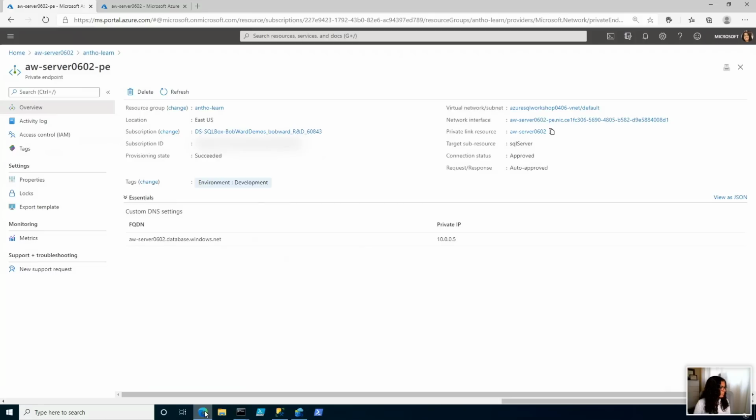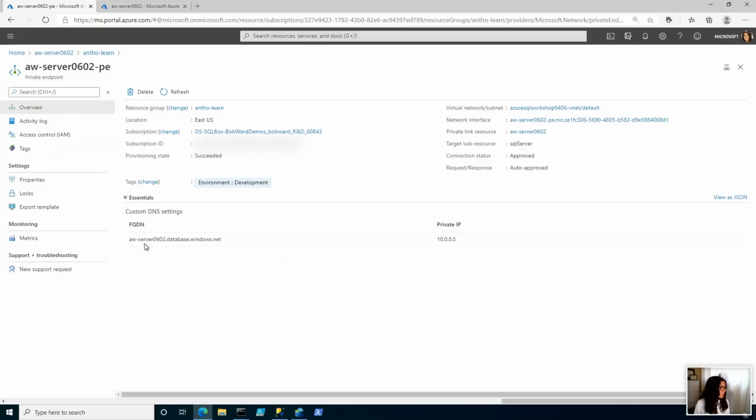Now, what I have in the portal is I went ahead and created a private endpoint for a different server. The other server is actually my DR server, and this is just my regular server where I have private endpoint enabled. And you can see it has a private IP address associated with it and a FQDN. Now, one important thing to note is once you move towards private endpoint, if you're already set up for virtual network rules or firewall rules, you don't have to change any connection strings.